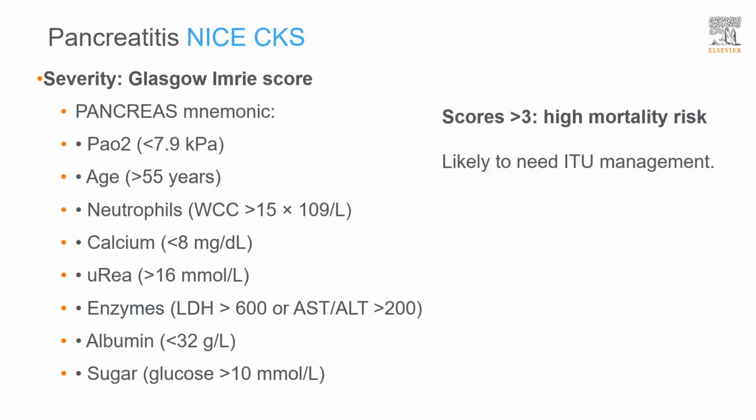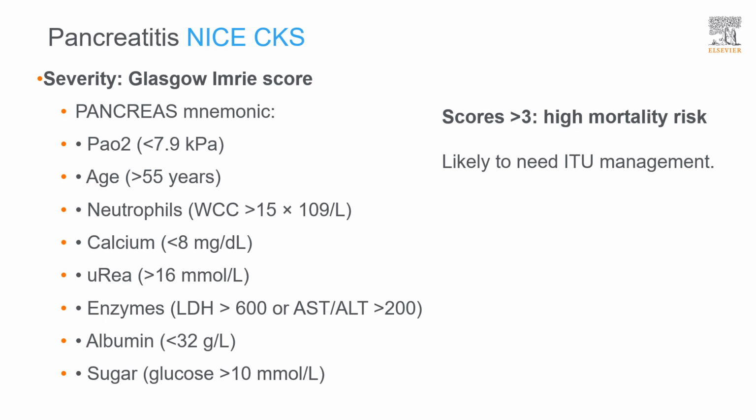The severity of pancreatitis can be calculated using the Glasgow-Imrie score. This involves laboratory values and can be remembered by the PANCREAS mnemonic. Scores are given for the following criteria: a PaO2 on an arterial blood gas of below 7.9 kilopascals, age over 55 years, neutrophils with white cell count over 15 times 10 to the 9, hypocalcemia below 8 milligrams per deciliter, raised urea above 16 millimoles per litre,